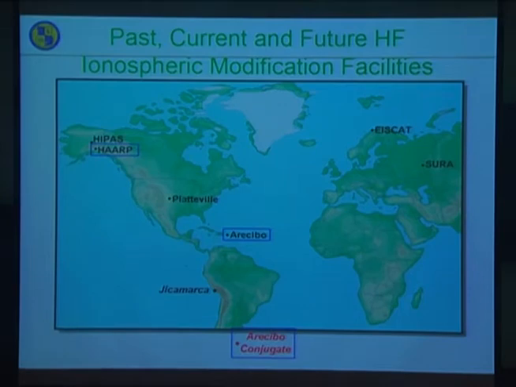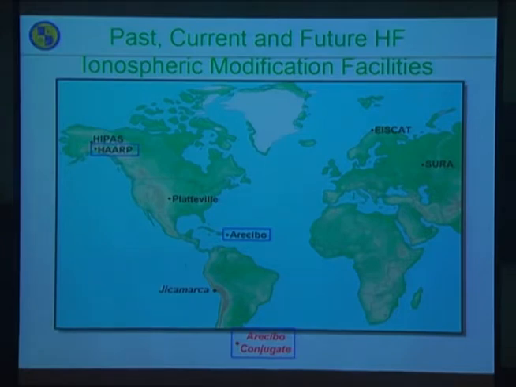Besides chemical releases, we use high-power radio waves. I'm focusing on the HAARP facility up in Alaska, which is the most powerful ionospheric modification, ionospheric heating facility in the world. It has a ground transmitter power of 3.6 megawatts into an antenna with a gain of 1,000. So relative to an isotropic radiator, it looks like it's putting out 3.6 gigawatts, CW at HF, reflecting in the